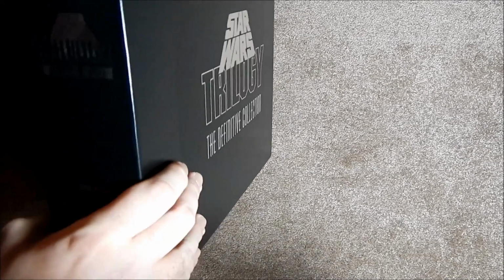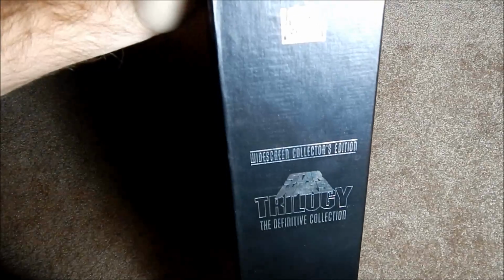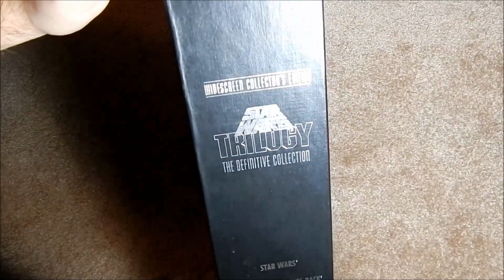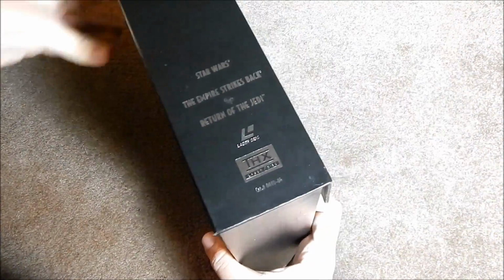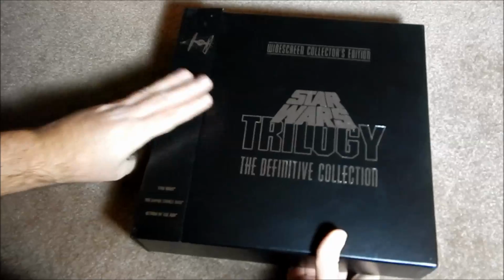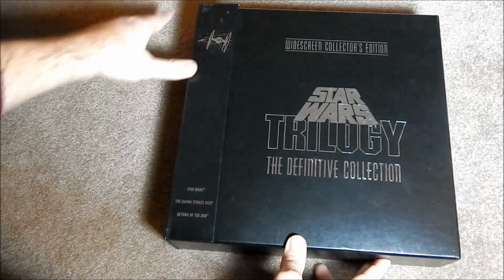All right, you knew this was coming. Oh, I think I'm getting a hernia. Oh, crushing the floor with the Star Wars Trilogy Definitive Collection. It is a monster. You can see some of the glue marks on the back from the sheet that you'll see on the inside. I don't know whose idea it was to create this sucker, but